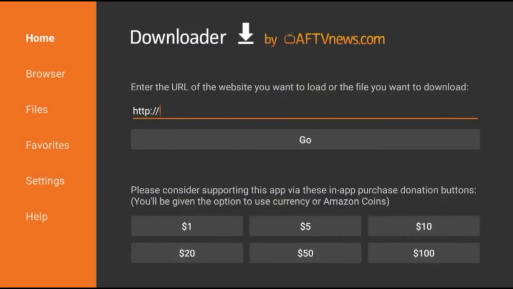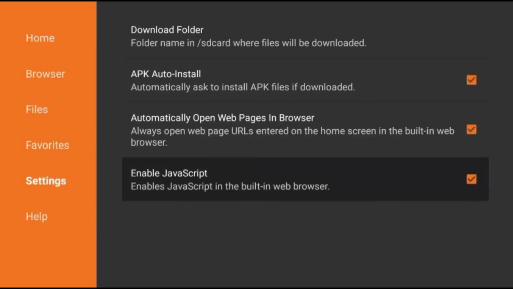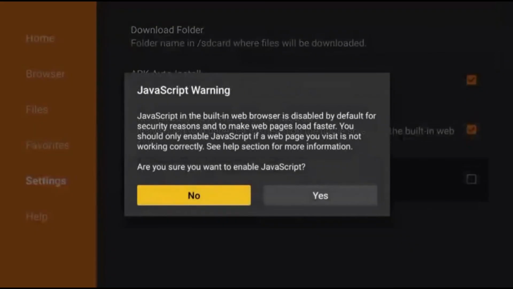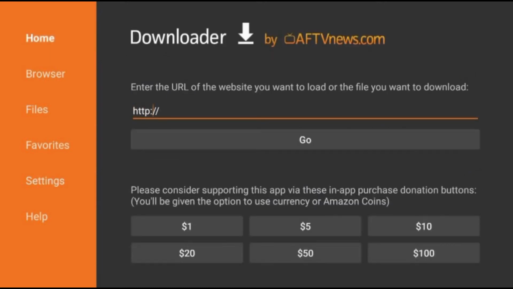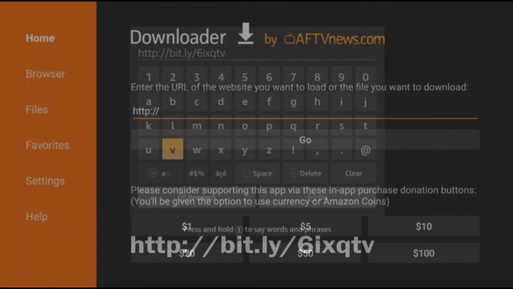Okay, once you open it up, what I like to do is go all the way over here and go all the way down to settings and click on settings, and then just turn on the JavaScript. It just makes whatever you turn on the internet, it just makes it a lot easier for it to work. Okay, so then from there we'll go back up to home, and then we'll just scroll all the way over and move our cursor right there to the last slash, and then we're going to type in